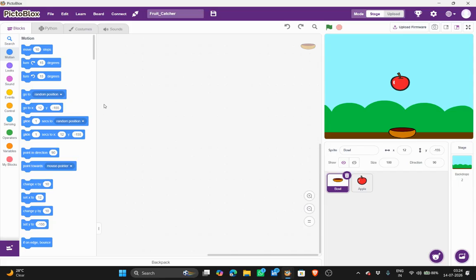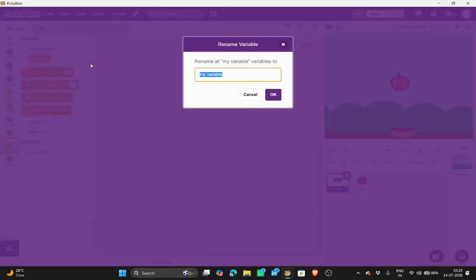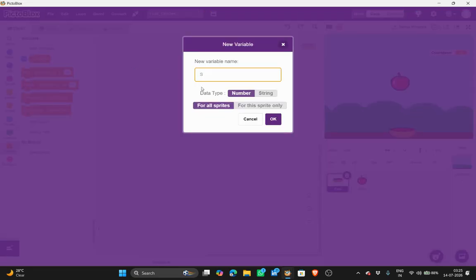The context here is, whenever you start the game, it will ask you for the countdown, say for example 30 seconds or 1 minute, 2 minutes. You just enter the number of seconds, and that much time you can play the game. That would be your countdown. So let's go to variables and let me rename this to countdown. And I'll make one more variable, score, so that